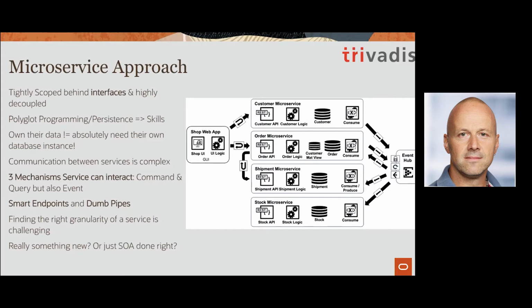So all the players are now on the field, and you have to discuss and argue about a lot of things. It basically starts with how you communicate. And I'm saying here, communication between services is complex. That starts with the fact that you're in a distributed world now. You want the decoupling. I completely agree that you need a tightly scoped boundary around your microservice, and you have to be decoupled.